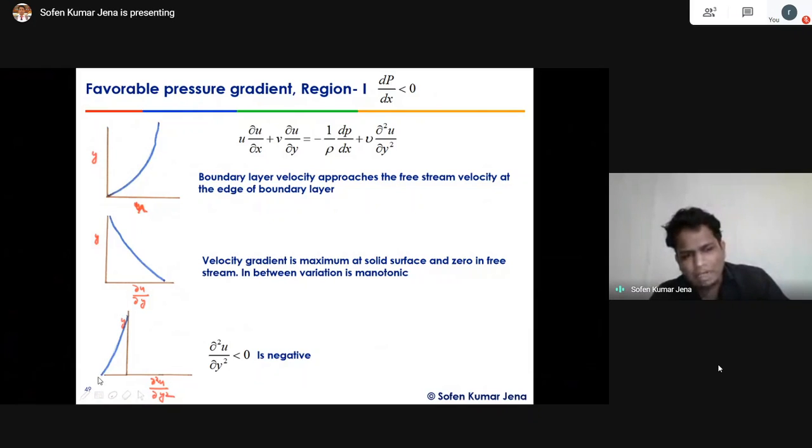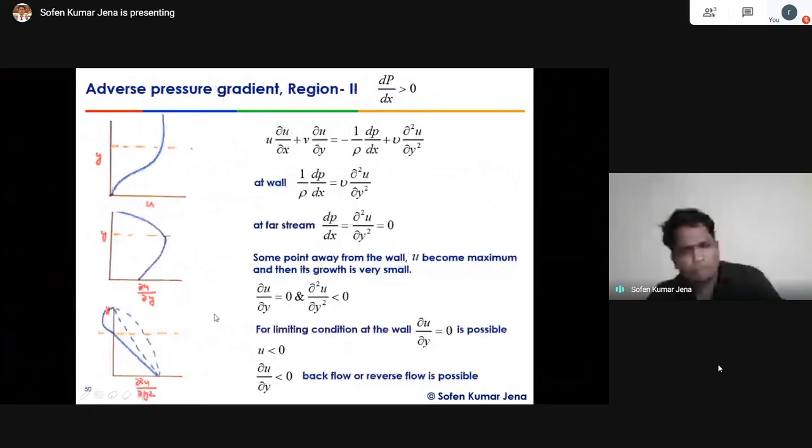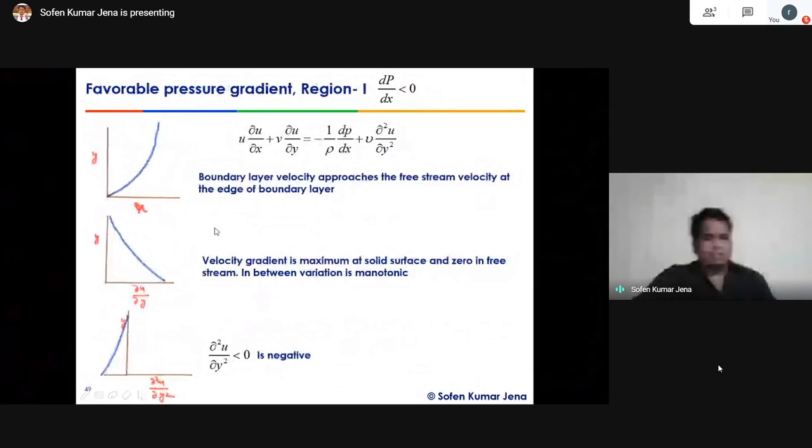At this location, any amount you increase y, they gradually come down to 0, right? At the free stream, the shear will vanish, they become 0, okay? But again, the magnitude is negative, because they start from the opposite end, which gives the rate of change of the shear, right? That's why they start from negative and gradually go on decreasing, and it becomes 0 when y reaches the boundary layer edge, right? So this is the favorable condition. Why this region is called the favorable condition, we'll see, right?